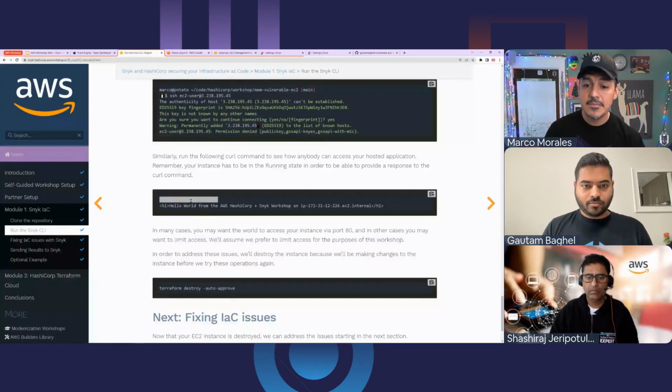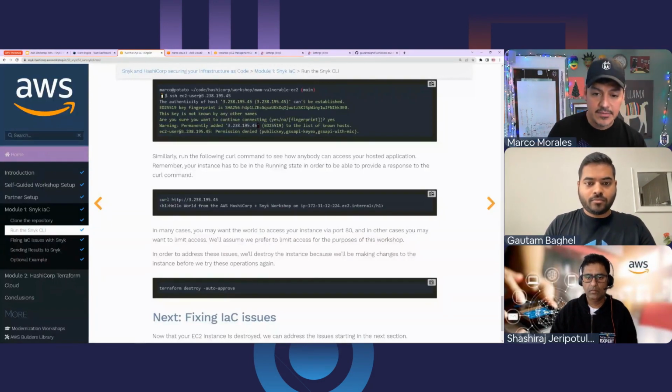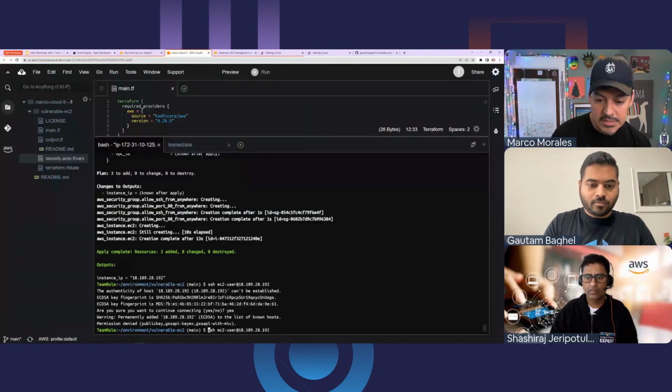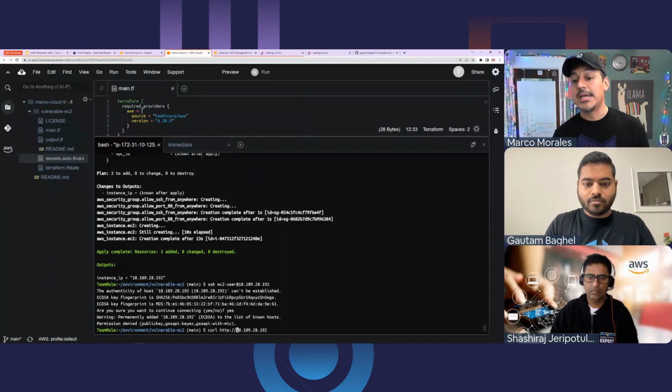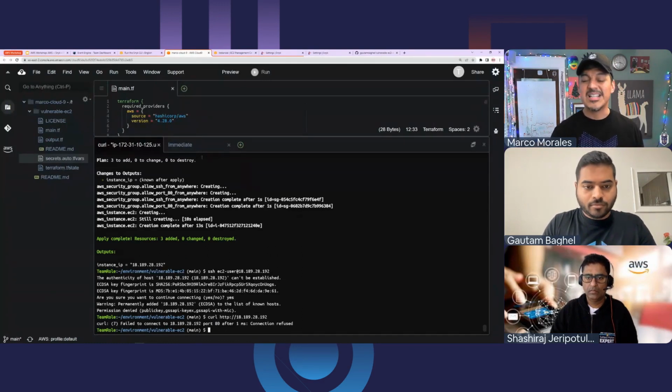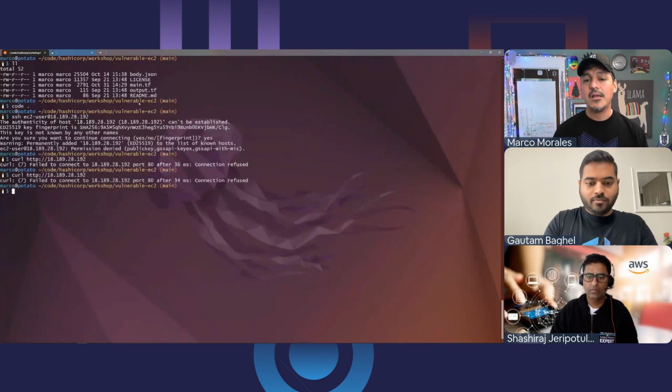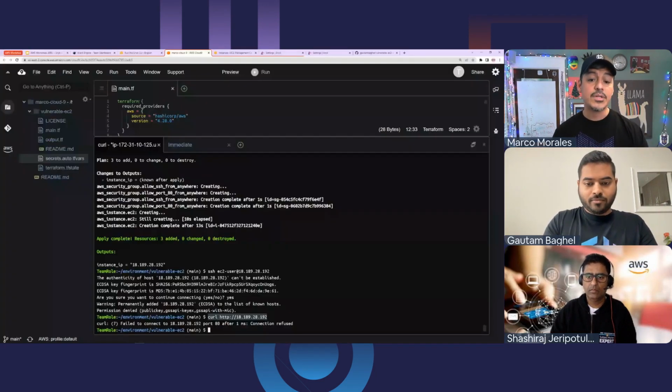This next command takes about a minute or two. It is a curl command to the same instance. I realize I have to do things just a little bit differently. Let me go back to here. A little bit differently is I had to do it this way, curl HTTP. It's just HTTP, not HTTPS, because it's just a plain old HTTP server. And if the service is up and running, we're going to see it's not yet ready. It takes about a minute or two. But what we'll see is this server is accessible from both Cloud9. And if I were to navigate into my CLI, we'll see it's not ready yet. I can probably keep hitting return a few times, but at some point we'll see a result coming back.